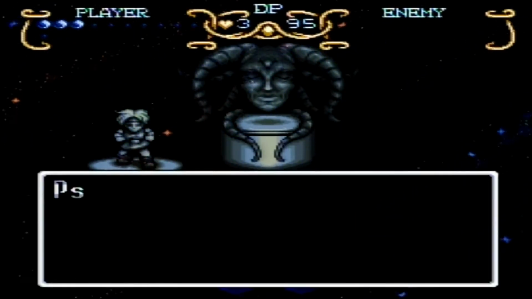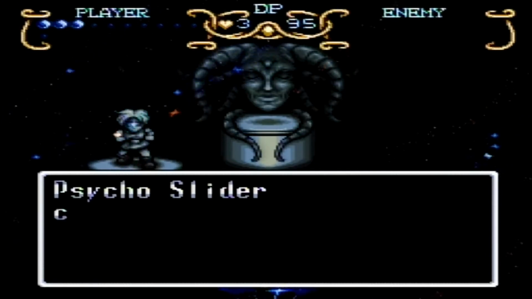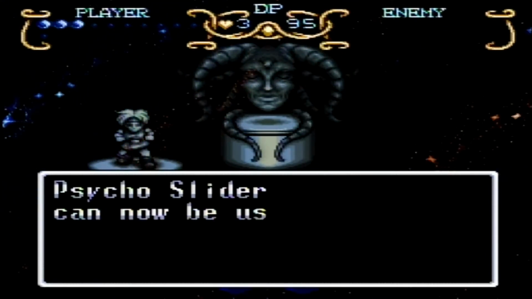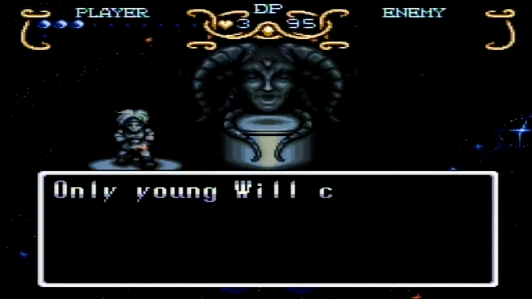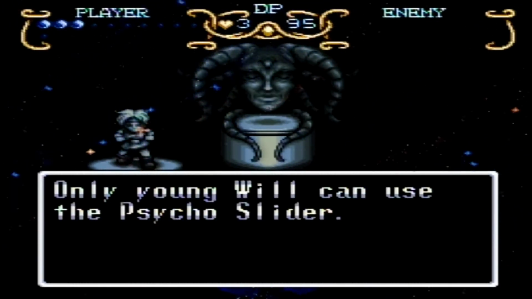Dun, dun, dun, dun, dun, dun, dun. Alright, Psycho Slider can now be used. So this allows me to go under some narrow gaps in walls. Only Will can use it, and